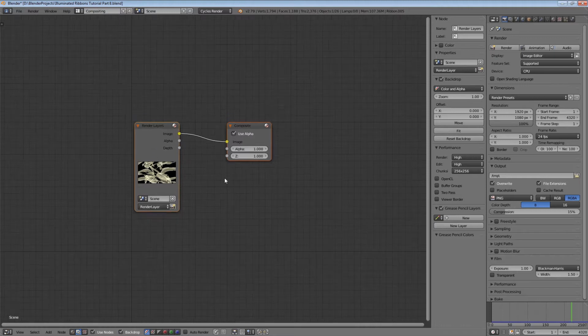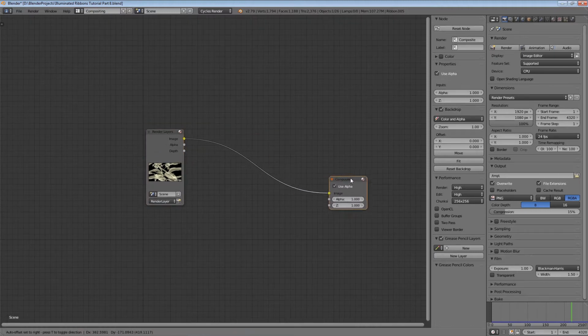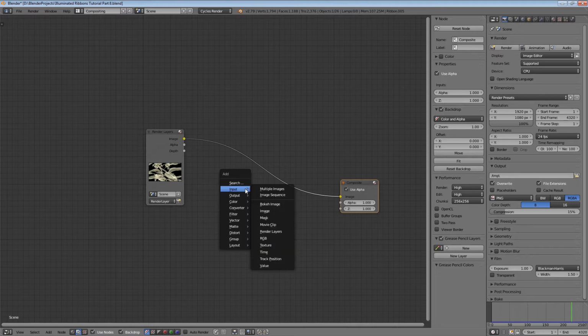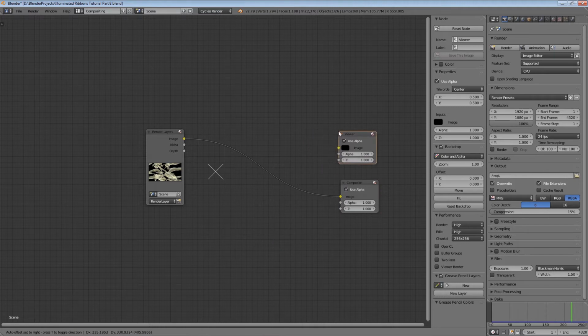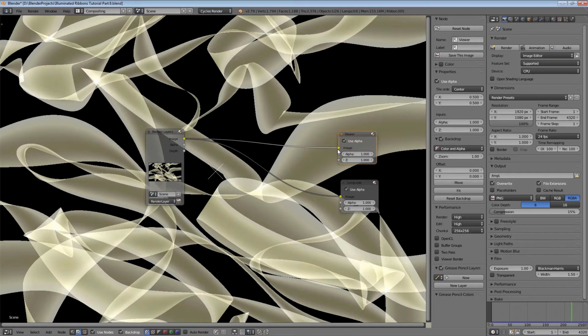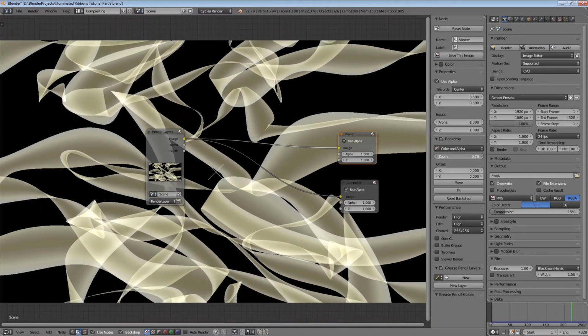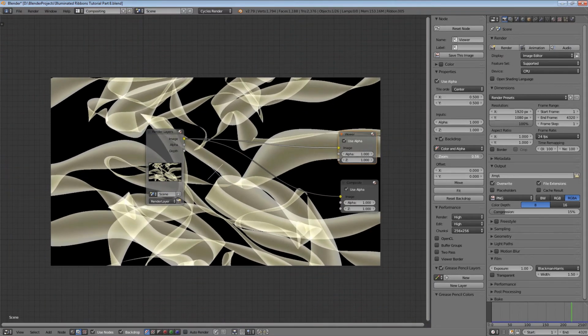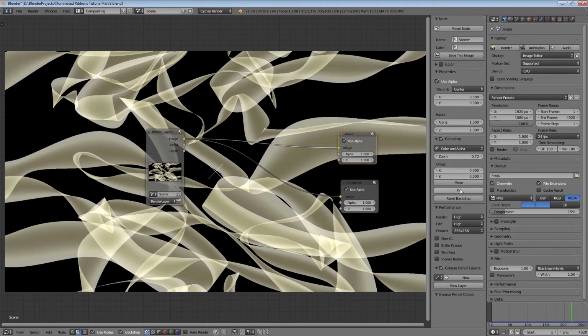In order to see the currently rendered frame as the backdrop, we need to add a viewer node. Connect the render layer's image output to the image input on the viewer node. You can zoom out using the controls on the right, or click Fit to have it automatically sized for you. Let's move these up out of the way,